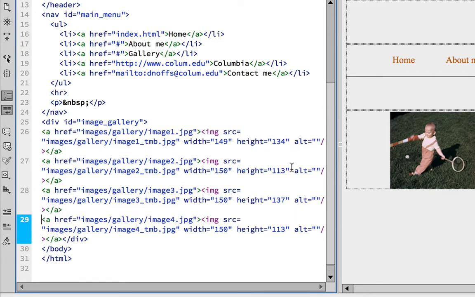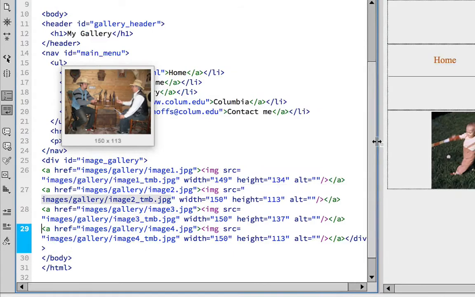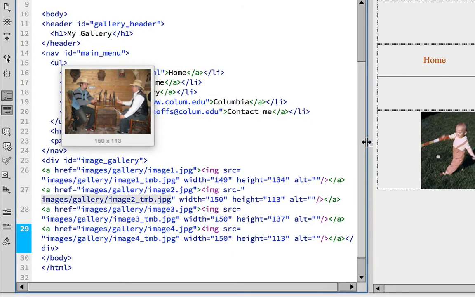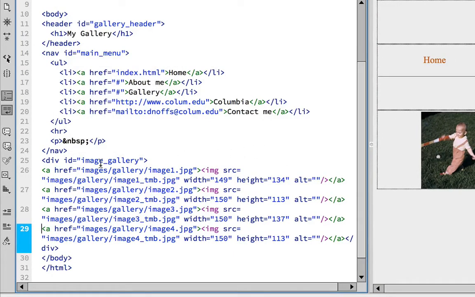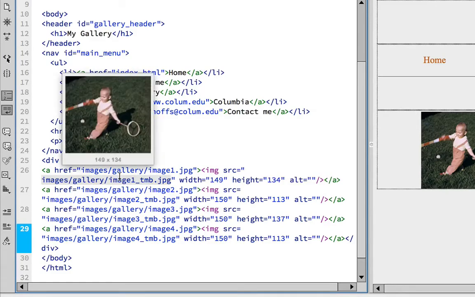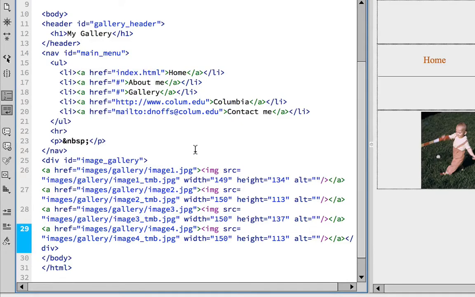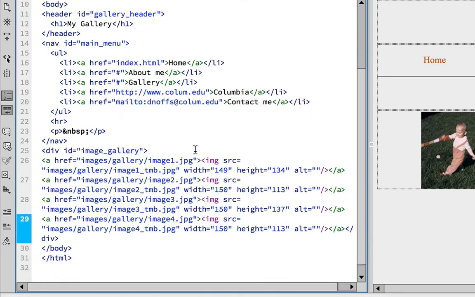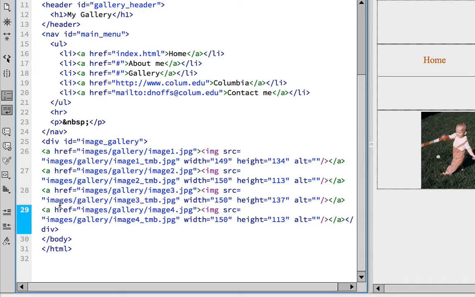Now, this is not absolutely necessary to do, but it just makes it a little bit neater so that I can see each one of these lines of code. And you notice when you hover over it in Dreamweaver that it actually shows you which images these are, and this is the thumbnail image, for example. Okay, so I've got my code open. I've got my 4 separate images here,